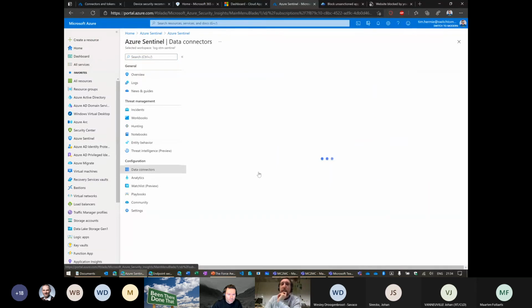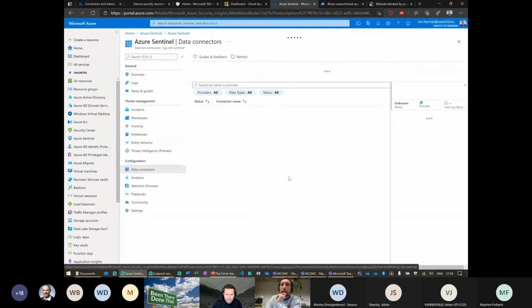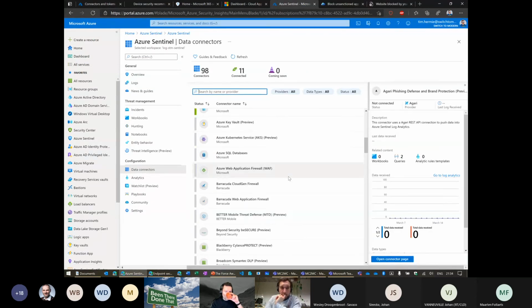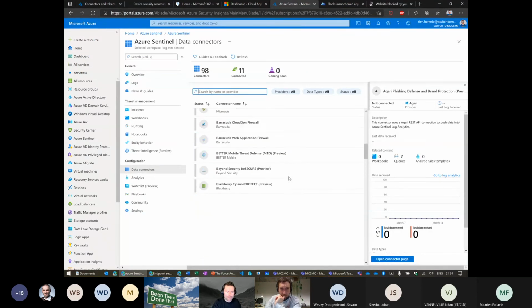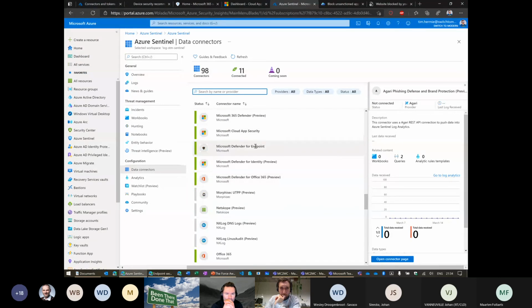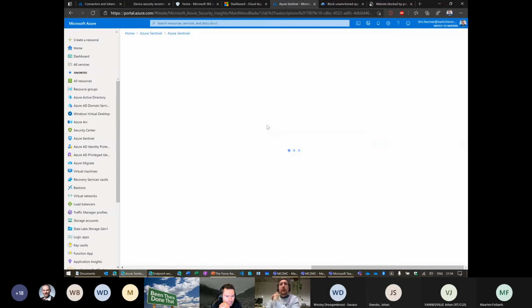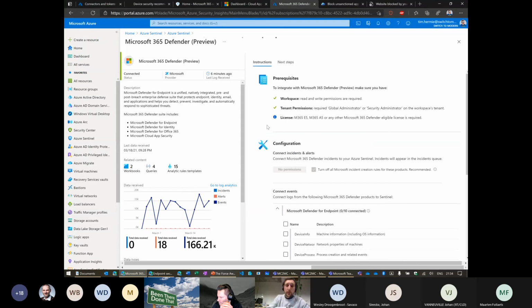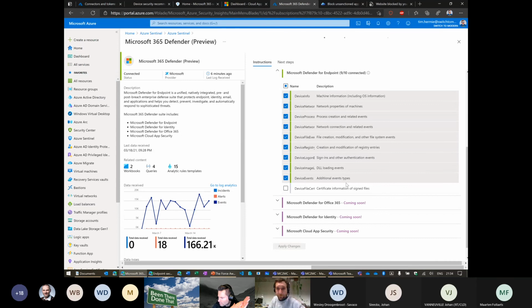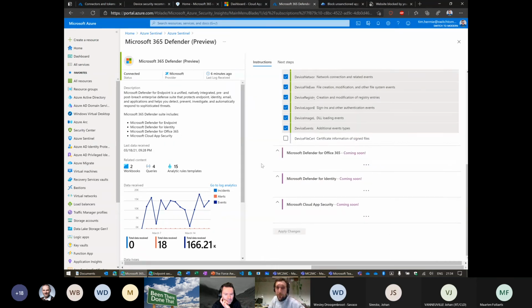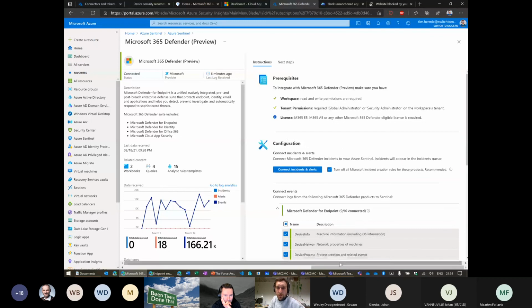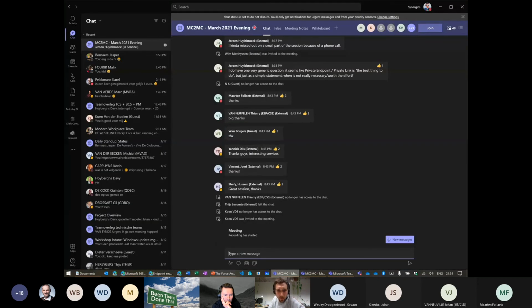So if you go to data connectors, and we go here to Defender, you can see that it's in preview. Why? Because not all features are enabled yet, and you will see this here, that these are coming soon, and we aren't able to enable them yet. I'm not sure if that's what you meant with your question.